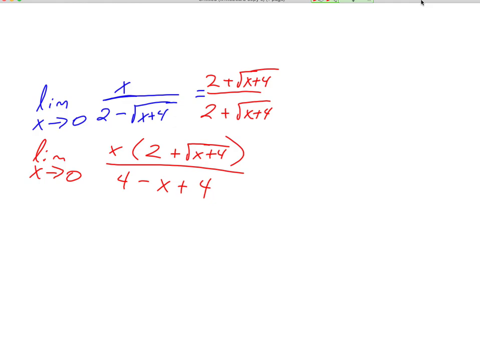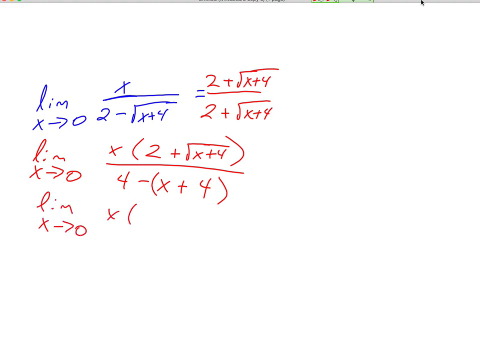Should the square root still be there? No, because I got a square root times a square root, which means I'm going to end up with the inside. Distribute. Okay, this negative has to be distributed to both of those. And you guys will forget to distribute that. Okay? So if I distribute it,